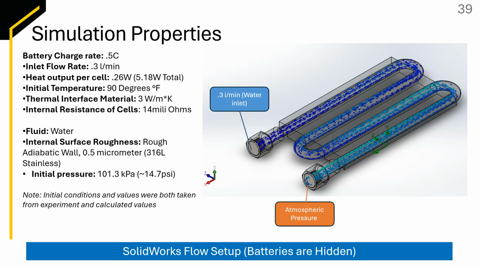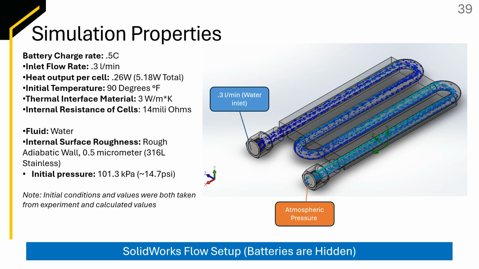The simulation properties were modeled after the experiment and calculations previously done by our group. The battery discharge rate was 0.5 C. Inlet at 0.3 liters a minute, which was exactly the same as our experimental value. Our heat output per cell was about 0.26 watts, with a total of 5.18 watts for 20 cells in total